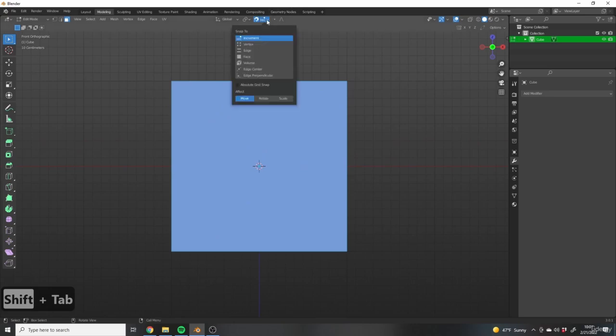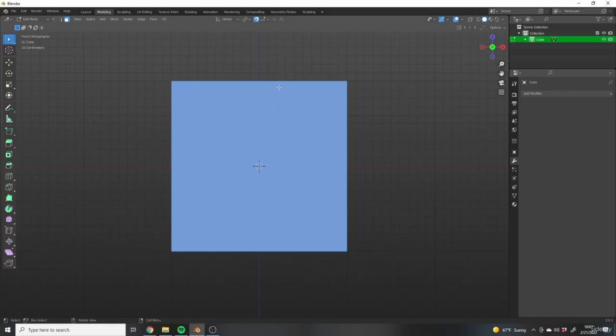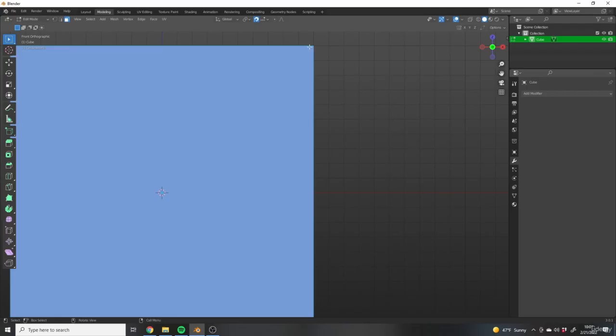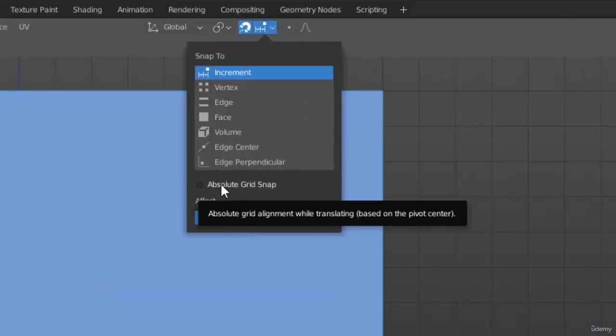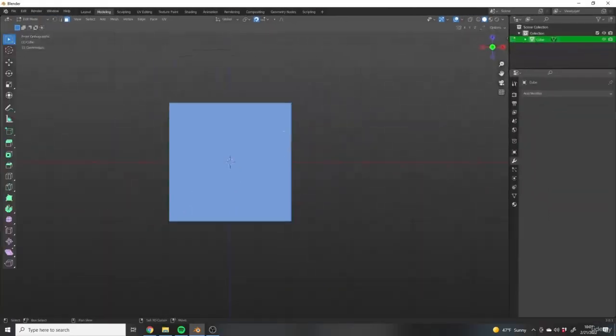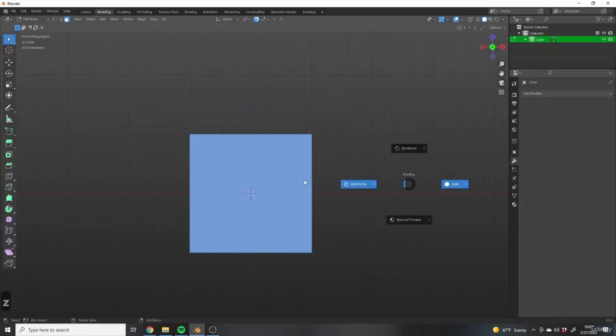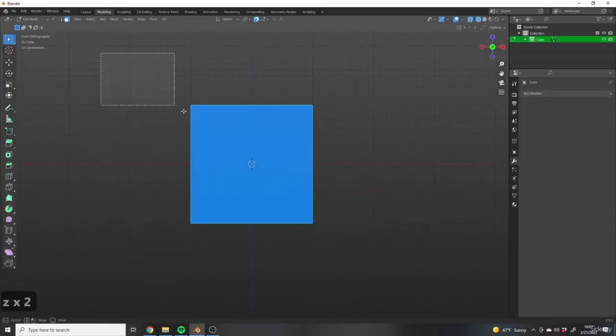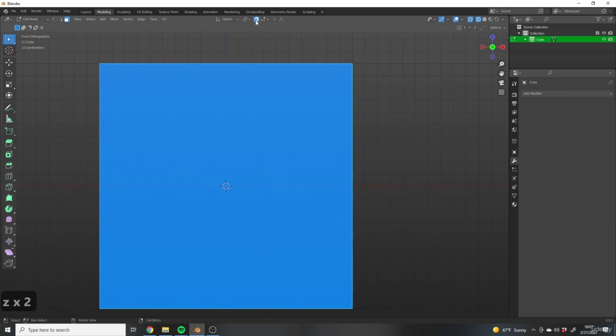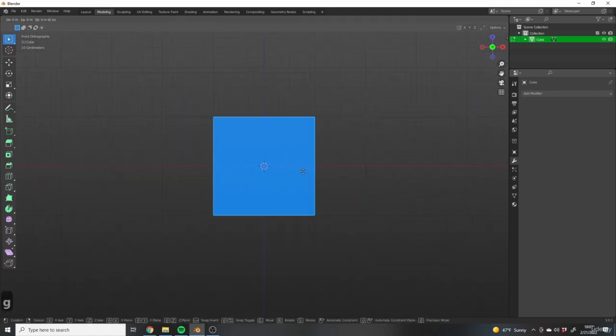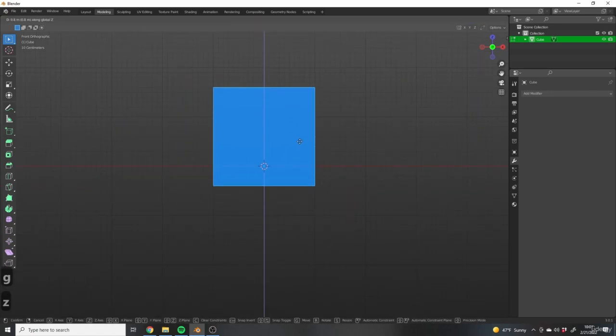There are some options that come with grid snapping. We're not going to really mess with too many of these. You can have it not affect a certain transform. By default, it only affects move, so rotate and scale will still be free. We're going to leave it at increment, which basically means it's using these grid lines in the background to snap. We're going to leave absolute grid snap off for a moment. So we're just going to make sure that we're in edit mode. We have everything selected. Snapping is on, and we're going to press G and Z,